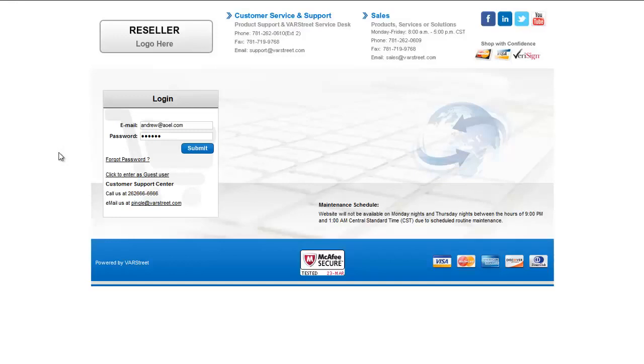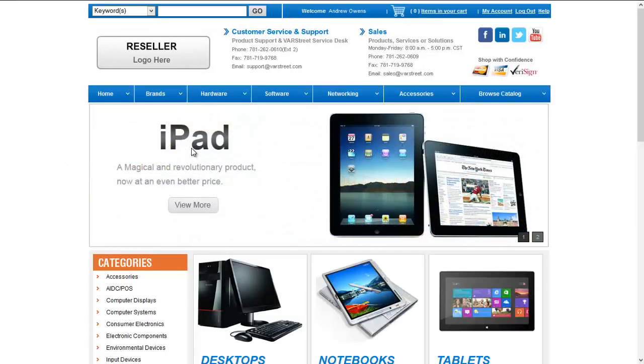You can switch off the functionality to log in as a guest user and register link from the back end. I will now enter the store as an existing customer. When your customer comes on the store, they can search by different options like from the top menu bar or